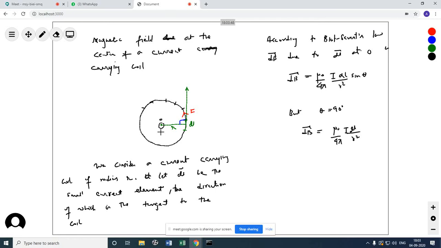So you can say at any point you can take it to always be like that. Yes, sir. So according to Biot-Savart's law,